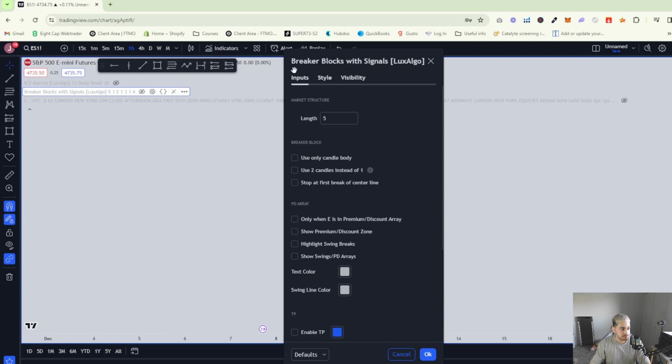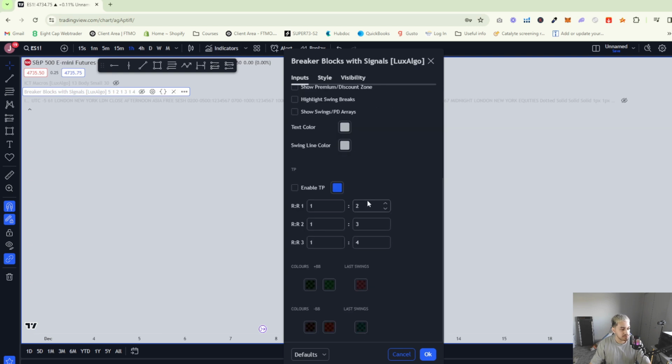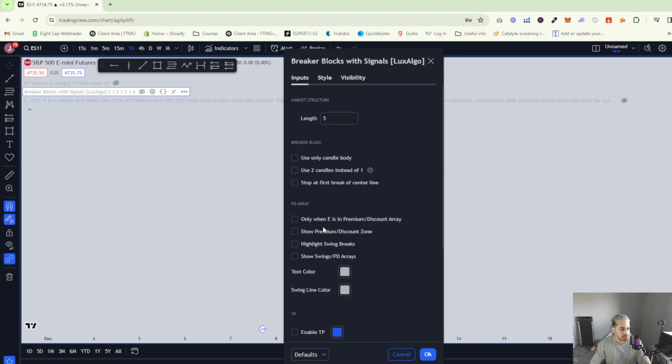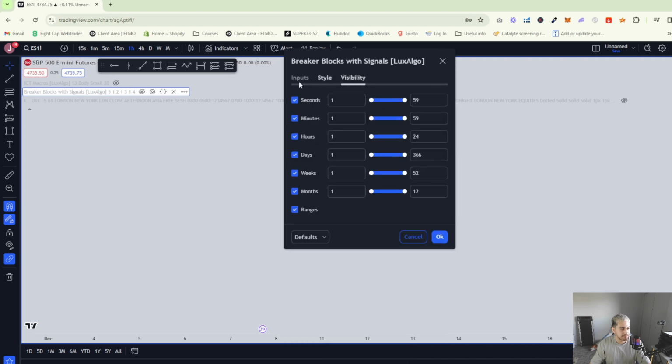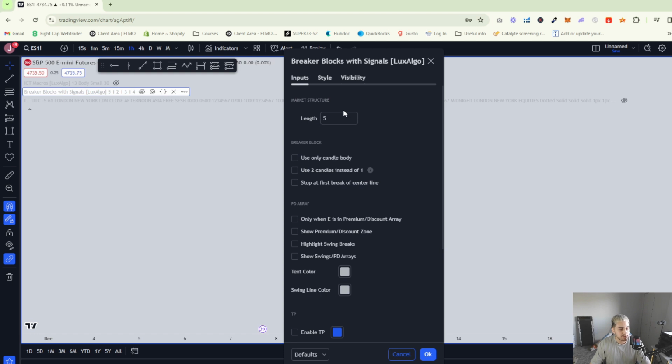You just go to indicators, you type in breaker blocks with signals by Lux Algo. That's the one I have on sometimes, and you guys could just go ahead and copy these settings. It's nothing crazy. It just shows you where breaker blocks are. And I'll go ahead and show you guys for the first example, the breaker block and how it shows on